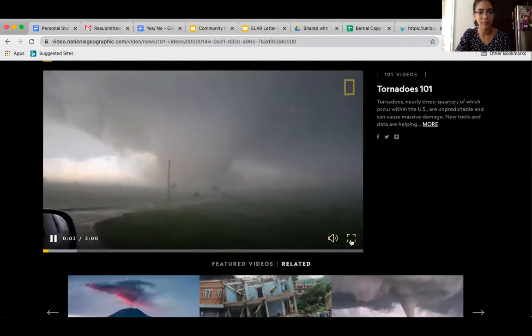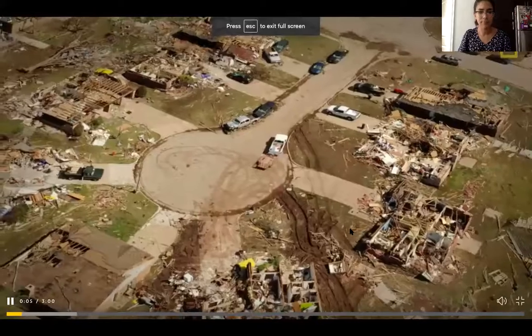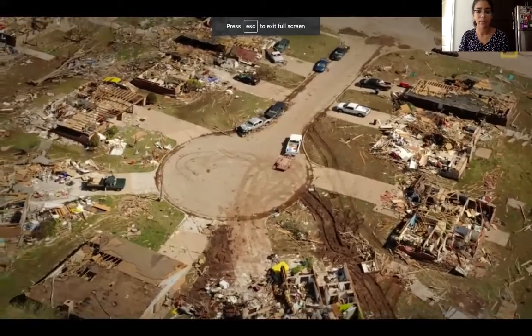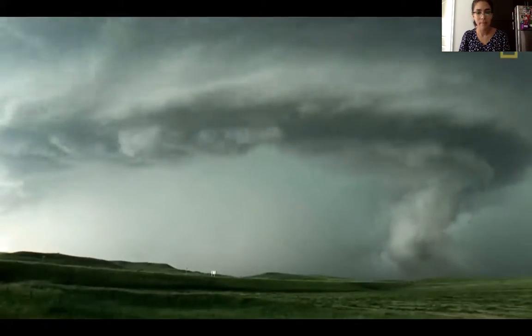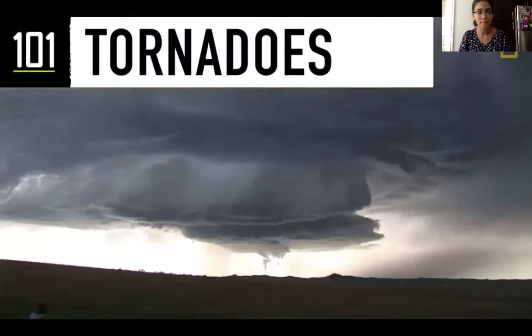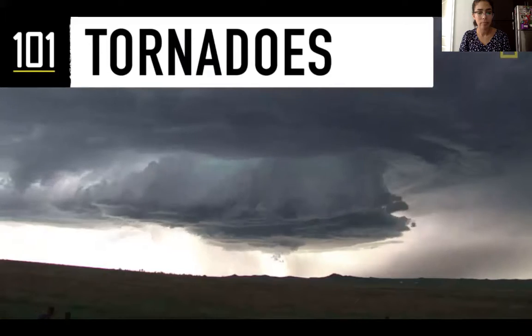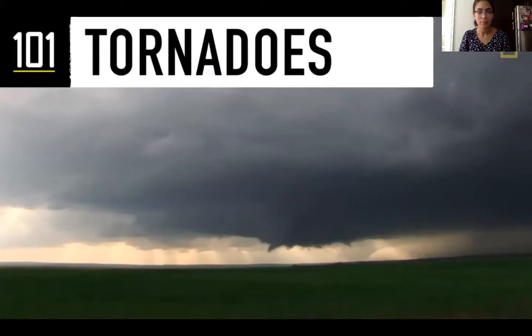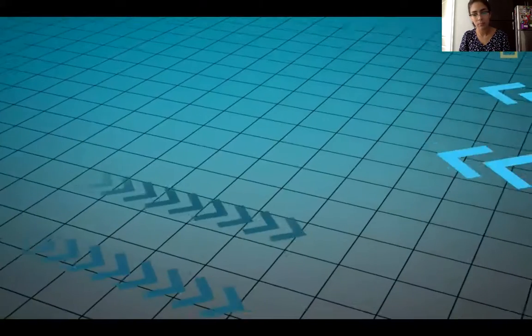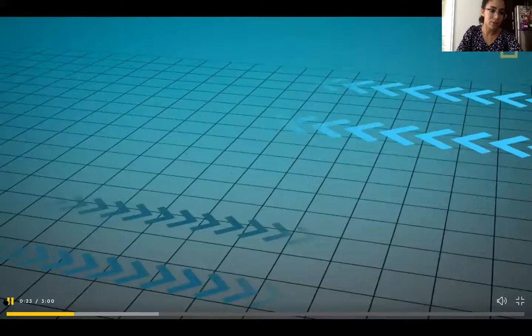Big, funnel-shaped clouds that can rip through a community and leave a wake of destruction. They can form in seconds, change direction in a heartbeat, and their devastation can last a lifetime. Exactly how and why tornadoes occur is still a bit of a mystery, but an indication that one is forming is a wall cloud. Fast-moving winds roll air below into a porous.